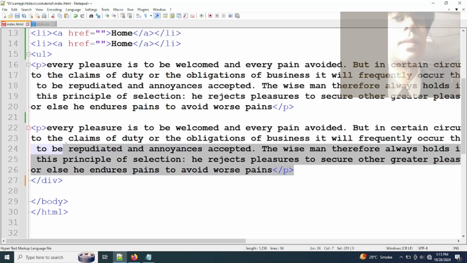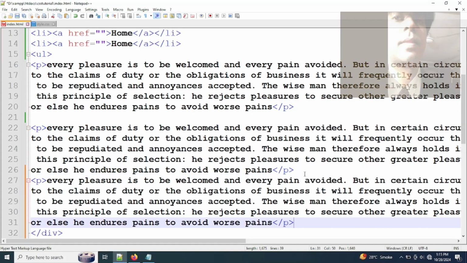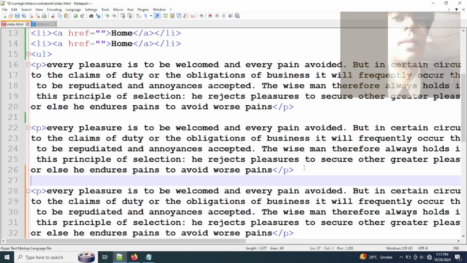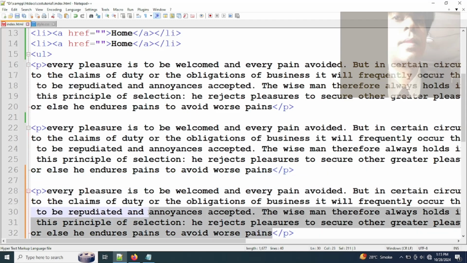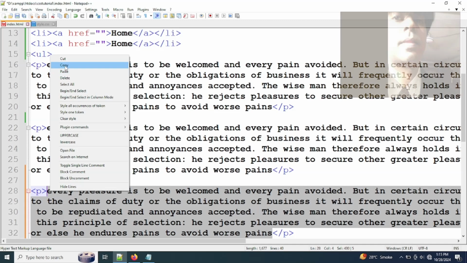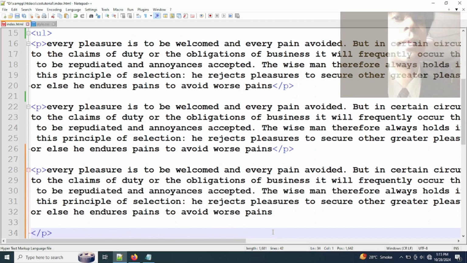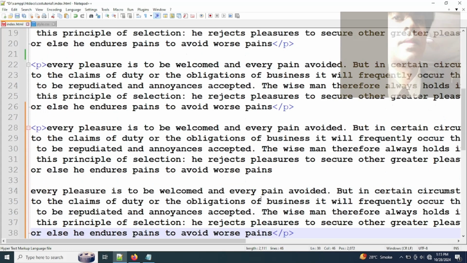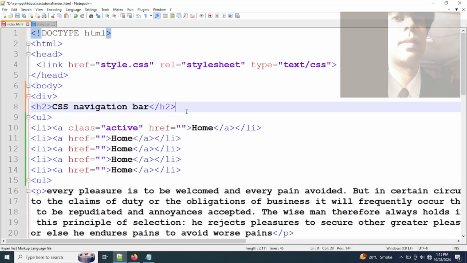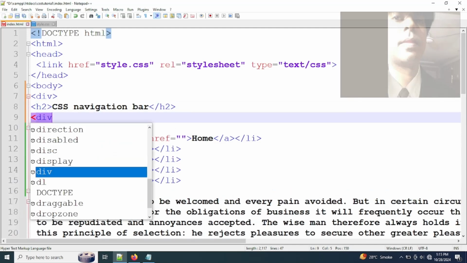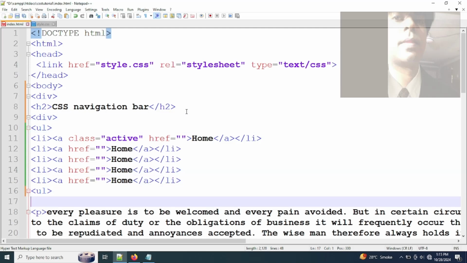copy this paragraph and paste underneath. Control V is used for paste. Copy this text, just for learning, and paste underneath. This paragraph, Control V, and now we will use div for nav, create nav bar, open division and close the division,